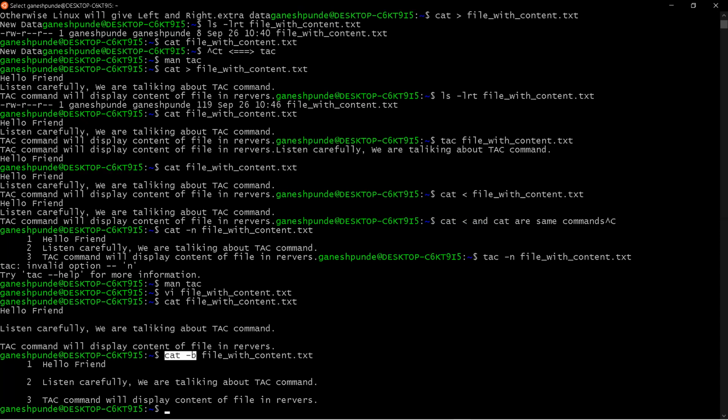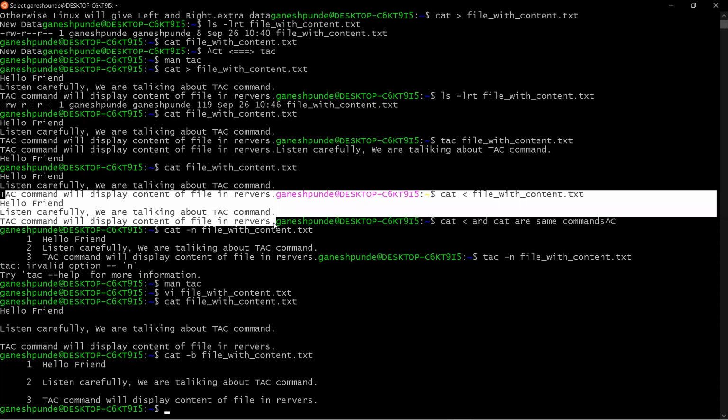And these two are the same operations, right? If you use simple cat with a file, and if you use cat with the less than operator, we saw here, right?